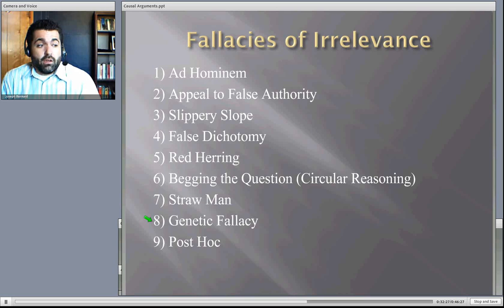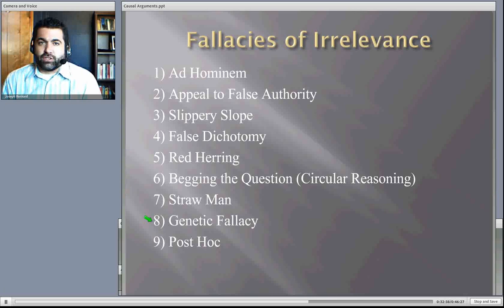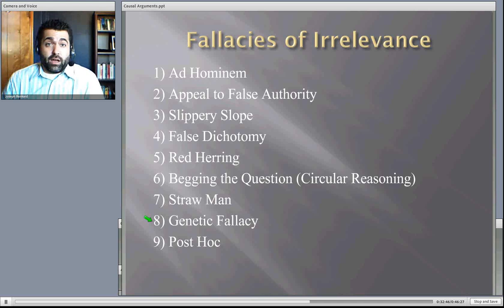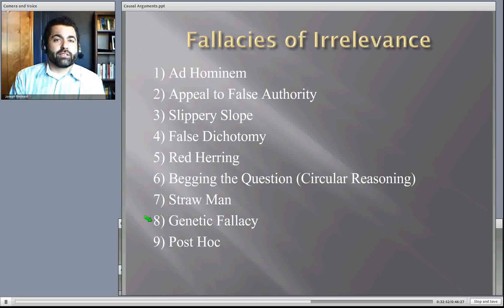Imagine if I made the argument, all of our founding fathers were racist. Most of them owned slaves. Therefore, the Constitution is null and void. It has no merit because the Constitution framers owned slaves. Well, most of you would say, well, no, the fact that they owned slaves is not really relevant to whether the ideas regarding the Constitution were good or bad. The ideas have to be critiqued on their own merit, not based on the character of the person involved.